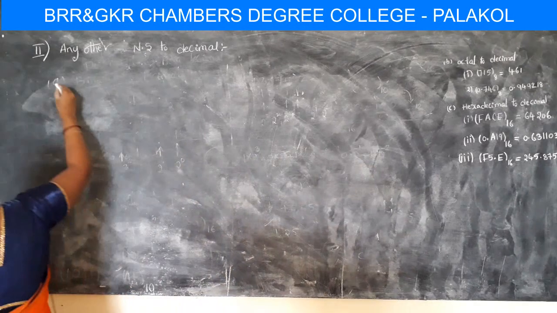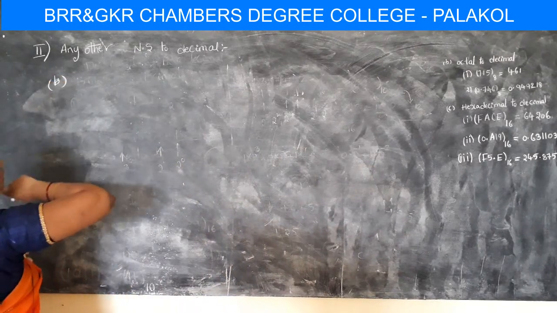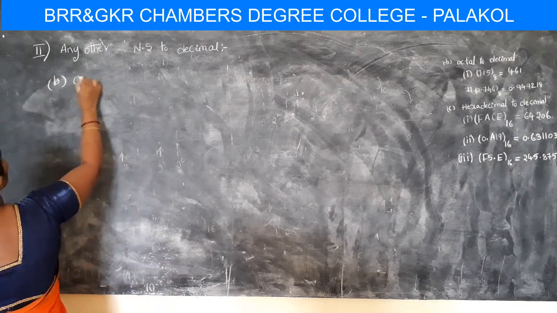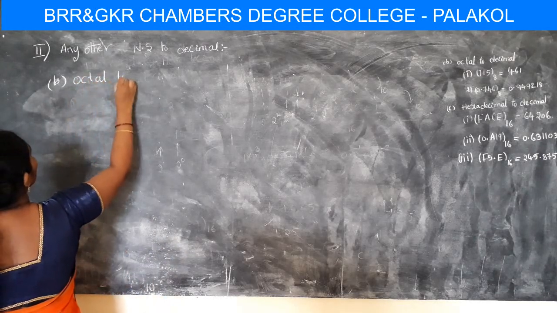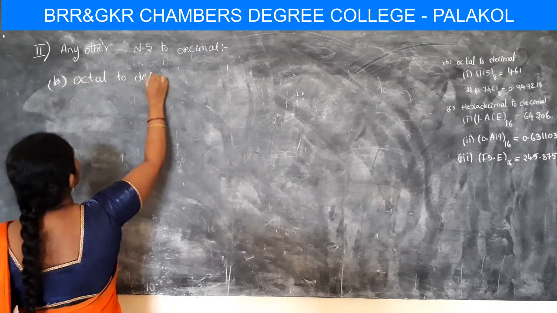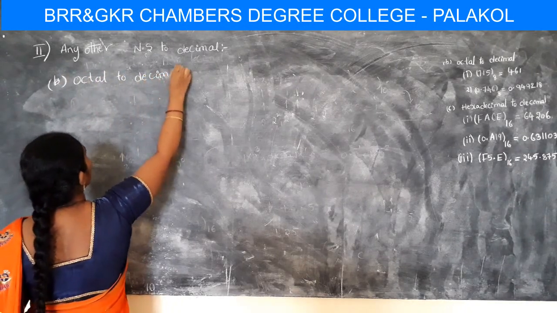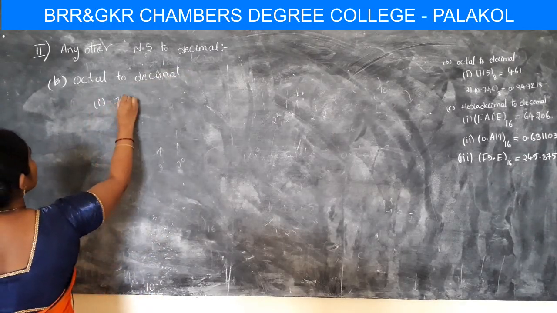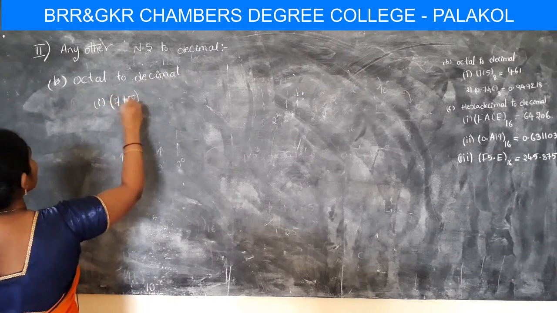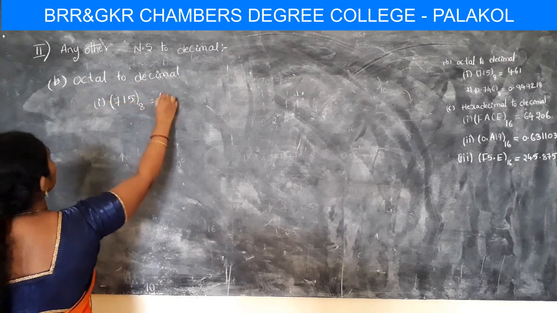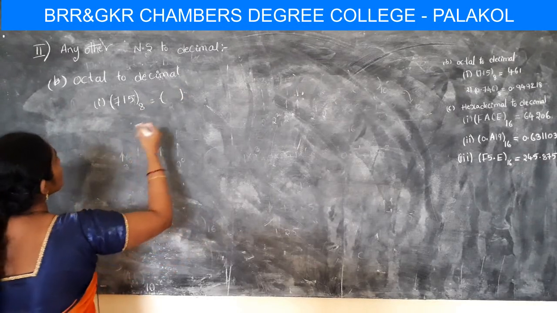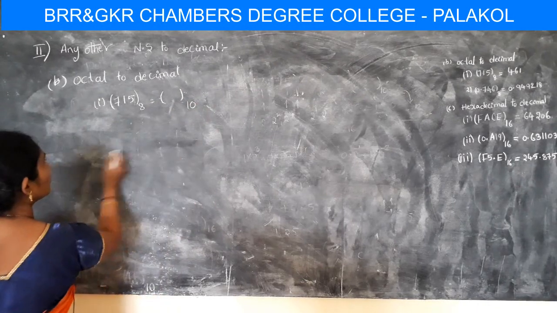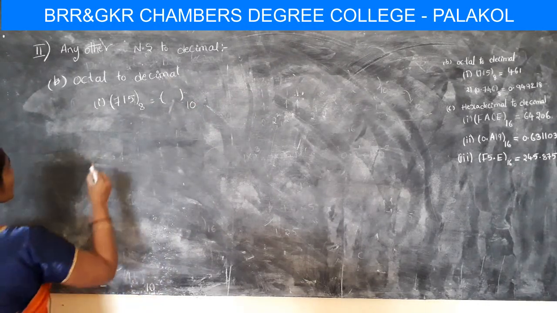Okay. And after that, the next is to convert the octal number into a decimal number. So octal to decimal. The question is 715 to the base 8 is equal to, we have to convert this to a decimal number, that is base 10. Okay. So here the answer is